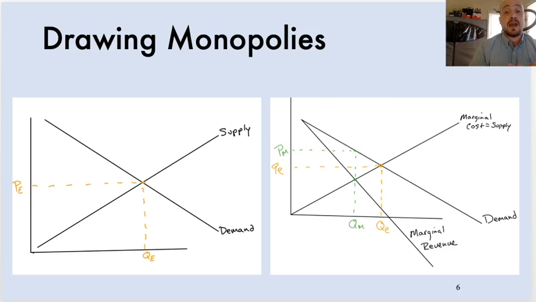Now, if you haven't seen a monopoly graph, you're freaking out about that marginal revenue. What's that marginal revenue doing? Why is it going into the negative? We'll get to that in a second, right? But what I want you to notice is the marginal cost, which equals supply, and the demand line. Where they intersect, that would be the equilibrium, right? That would be the equilibrium price. That would be PE, and that would be QE. But the monopoly does not follow the price equilibrium or the quantity equilibrium.